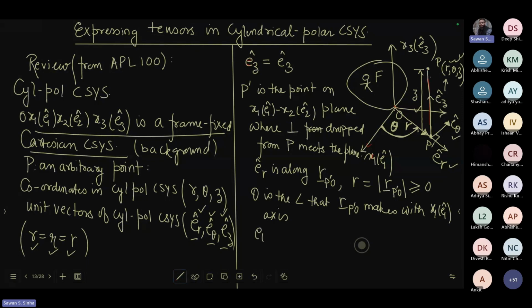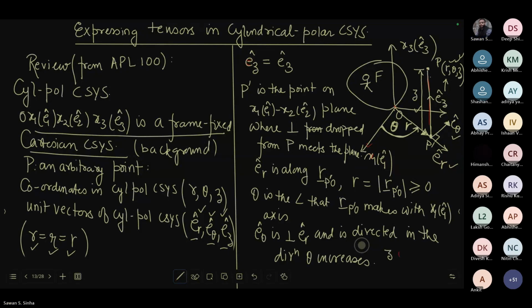E theta is perpendicular to ER and is directed okay, and Z is the positive or negative distance of P